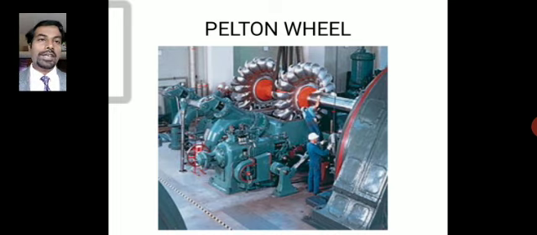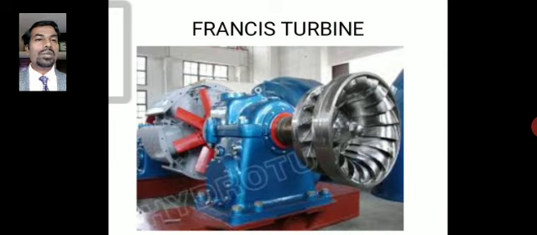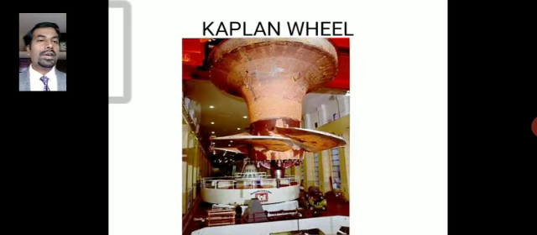Here is another interesting turbine. This is called a Francis turbine. This is actually a horizontal Francis turbine. We also have a vertical Francis turbine. Pelton wheel basically works on the impact of the water, but the Francis turbine works on the pressure which is there in the water. And the next turbine which we see here is a Kaplan wheel. So these are the three common types of turbines which are used to generate the power.